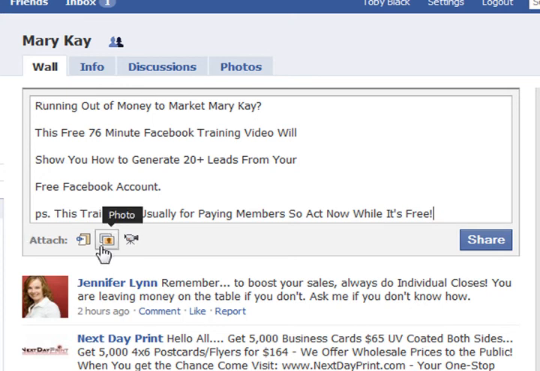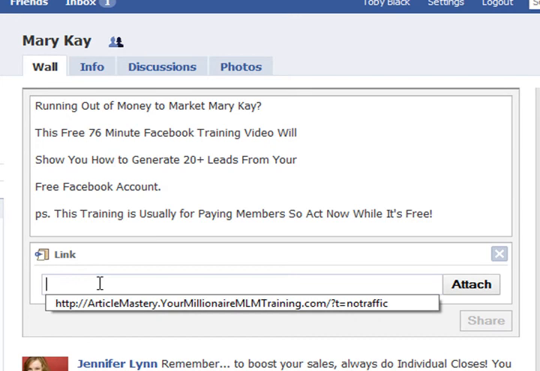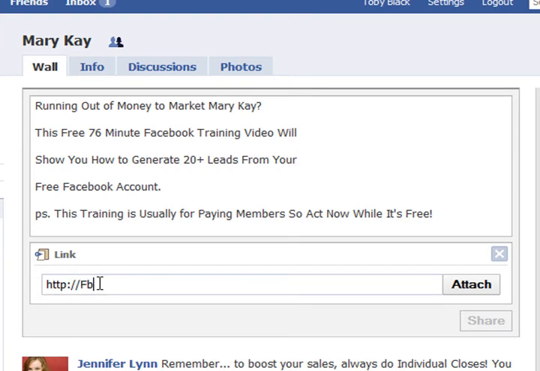Okay, so then we're going to attach a link, and this is where we get specific with the S1 variables. So we're going to go with our Facebook campaign, and what Toby and I have done is actually inserted some S1 variables into the campaign, so that when we do an S1 variable link, it's going to come up specified to Mary Kay.